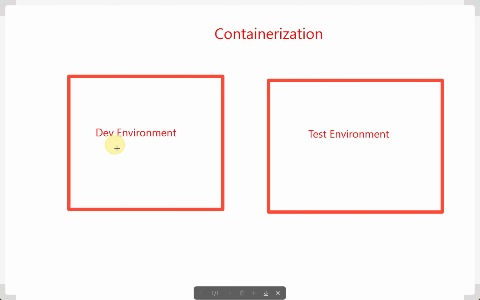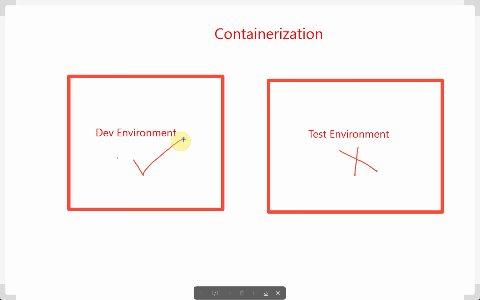develops this application, he deploys it on the dev environment and tests everything there. If everything works, then he transfers that code to testers and the tester tests the same code in their environment. But the same code might not work in this particular environment because of some dependencies or OS packages or anything. Now the developer says it is working on my environment and the tester says it is not working on my environment. Now whose fault is it, developers or testers? So the fault is with the environment setup, right?